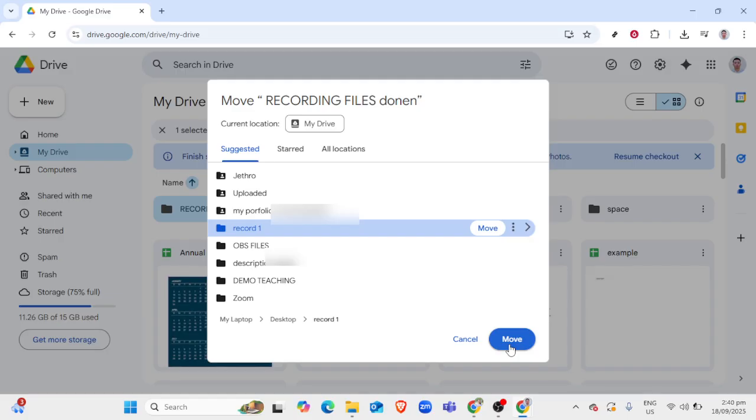As a tip, consider periodically reviewing your Drive content to ensure everything is structured in a way that benefits your